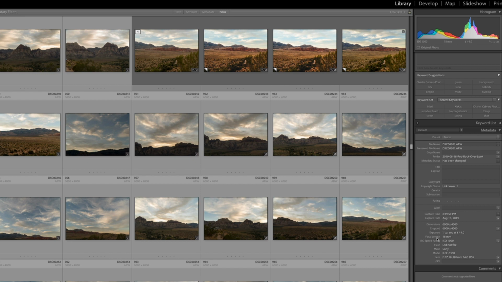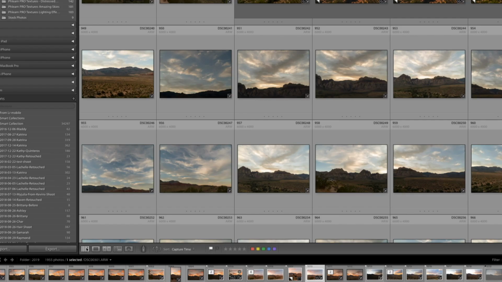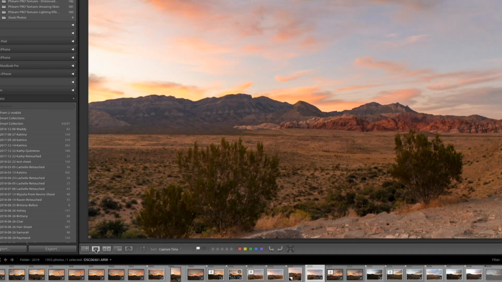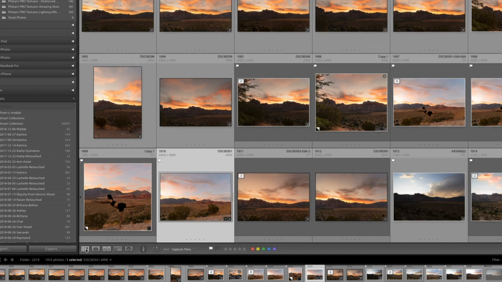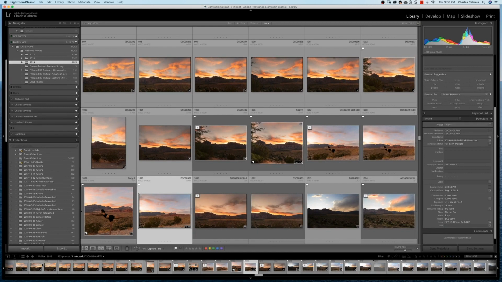and you can find out metadata down here about the photo information like exposure, focal length, ISO. And here at the bottom, you can show different views of your photo. You can show photos one at a time or in a grid view. You can rate your photos so that you can sort them later. And you have this film strip down here, which gives you an overall view of all of your photos. And so the idea of the library module is so that you can organize and select your best images.